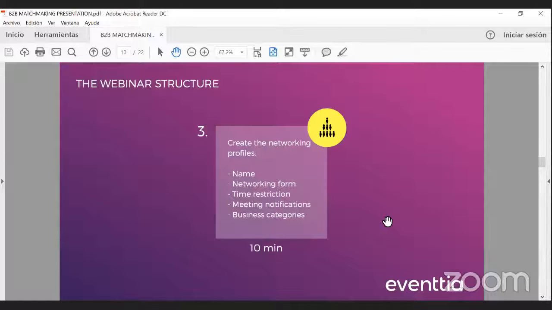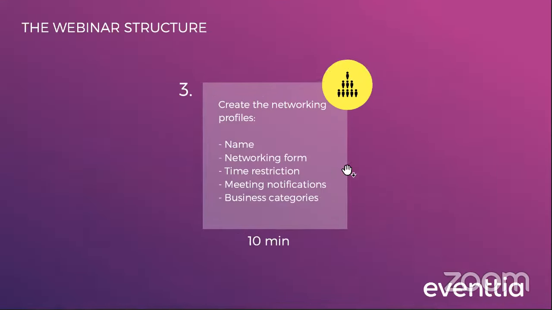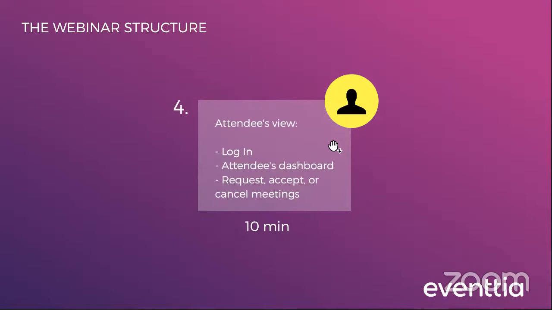Okay. Let me get back to the actual presentation. That's good. So we already saw how to create a networking profile with a name, networking form, time restriction, meeting notifications, and business categories. And now let's go ahead and see the attendees' views, what your attendees are going to see. After that, the 5th step will be the admin's view, so what you are going to see. So let's see what your attendees are going to see, which are basically the login, the dashboard, how to request,